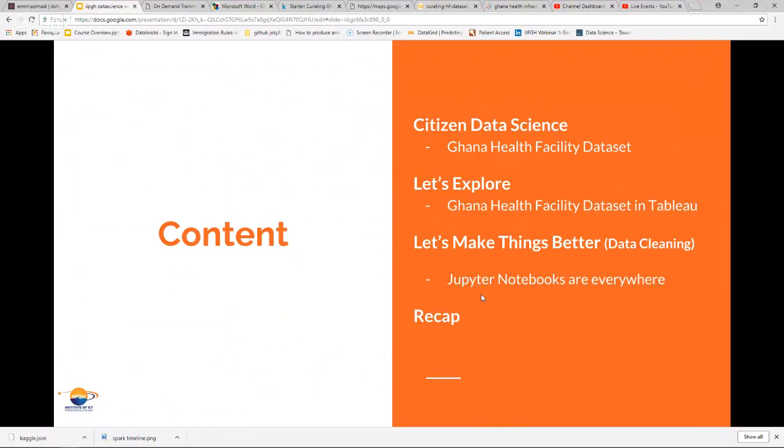After visualizing the data and exploring the data set, we go to the third session where we try to use our understanding of the data set to make the data set better, to sort of see some mistakes. In our exploration, we'll see some errors in the data set. And I'm using the opportunity to create a scenario where we have to curate the data or clean the data. And I'll use that opportunity to show you the development environment called Jupyter Notebooks, for those who are not familiar